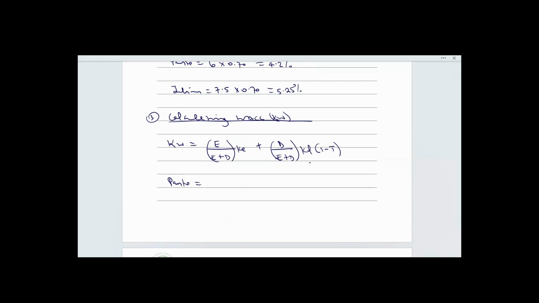equity value of Panto, let's go back to the question. What's the debt equity proportion of Panto? We are told that gearing, long-term debt divided by long-term debt plus equity by market value, is 30%. So if debt is 30%, it means equity is 70% for Panto. Again, Julian is 55% debt, which means equity will be 45%. That means Julian is highly geared. So in this case, since debt is 30%, equity will be 70%. Therefore, I will just say 0.7 multiplied by the cost of equity of